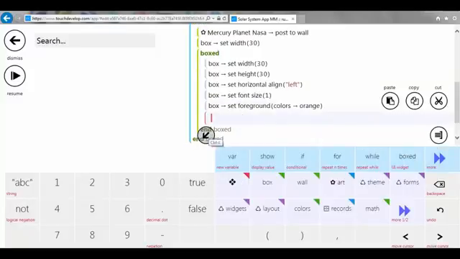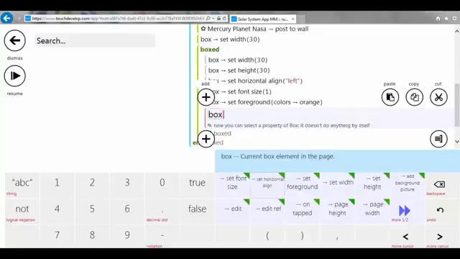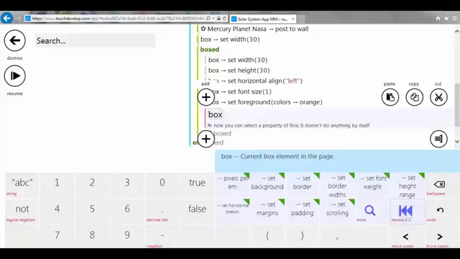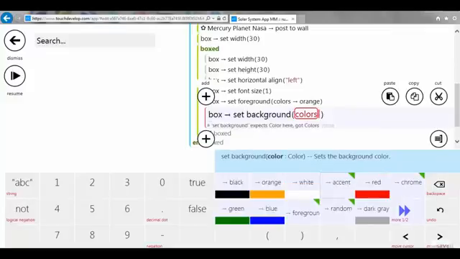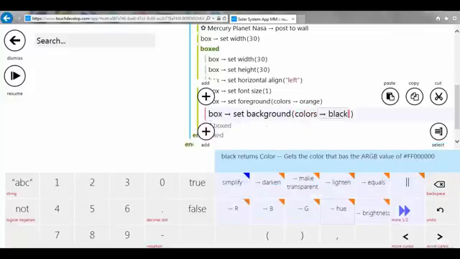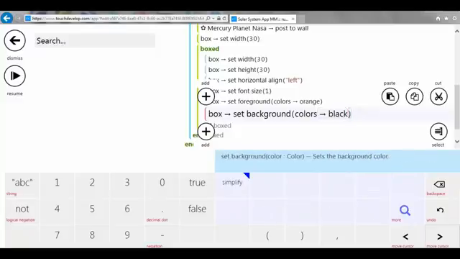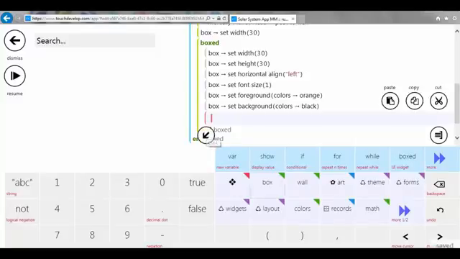And again we want the box to have a background colour of black. So box, set background colour, set background, use the cursor to backspace, press black, use the cursor to the end of the line. If you're on an iPad, do not press return. Box,